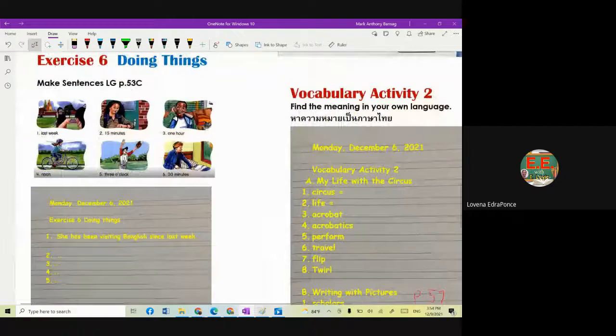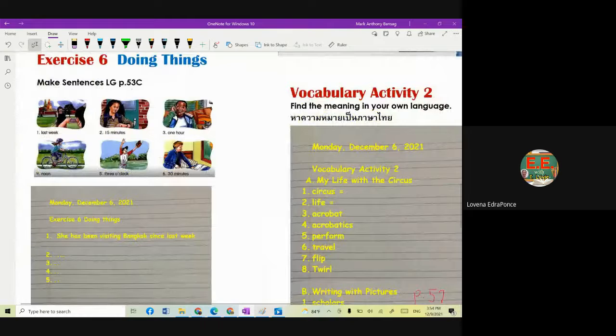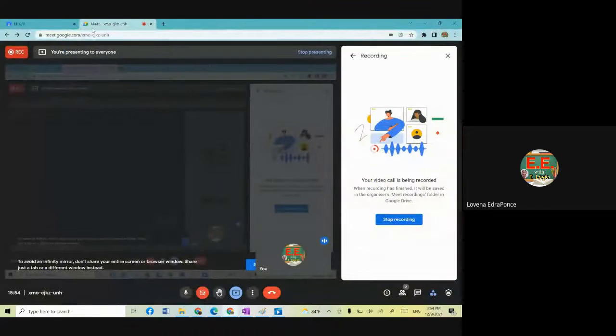For your exercise, this one is from page 53C. Write what they have been doing and how long they have been doing the action. For example, number 1, she has been visiting Bangkok since last week. I already uploaded this one